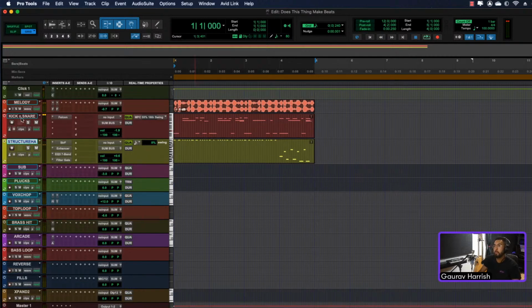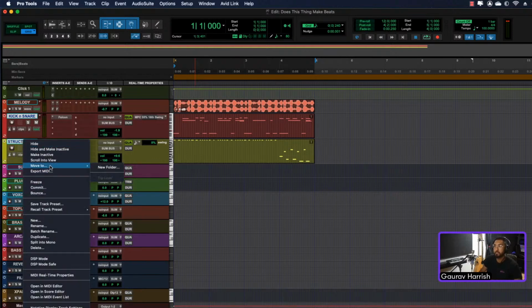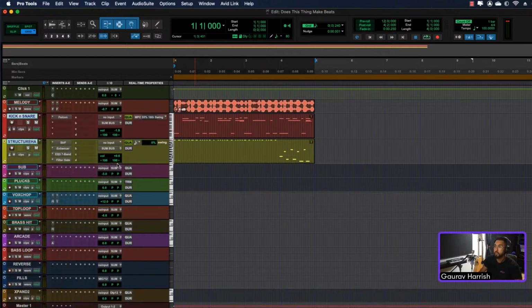Now what I want to do is I want to make my drums pop a little bit, and this is a little technique that I learned when I was in a session once in America. Great big hip hop session. I was watching these guys do it and I was like, wow, the drums sound so cool. And all it really was just grabbing the drums, placing them into a folder. So you just grab them, put them into a folder,